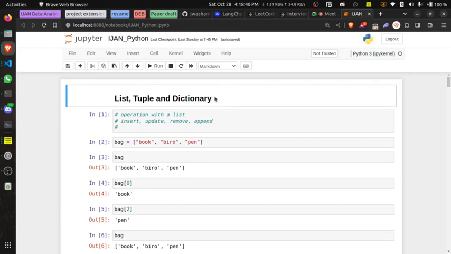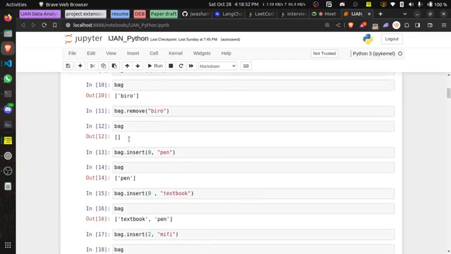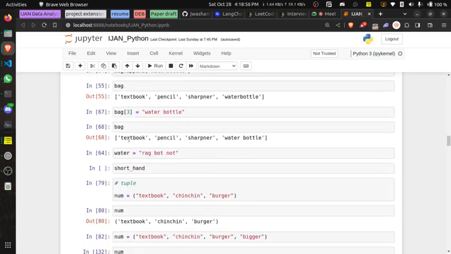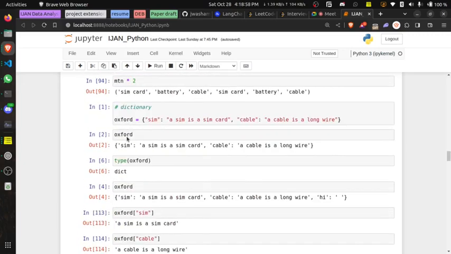We explained their data types, how they work, what differentiates them, and also basically the operations, how you identify a list, a tuple, and a dictionary, how they work, right? Then we went from there to talk about